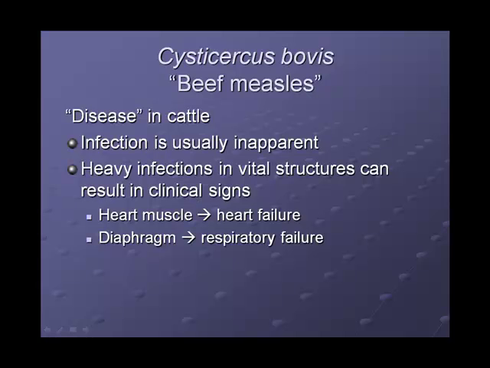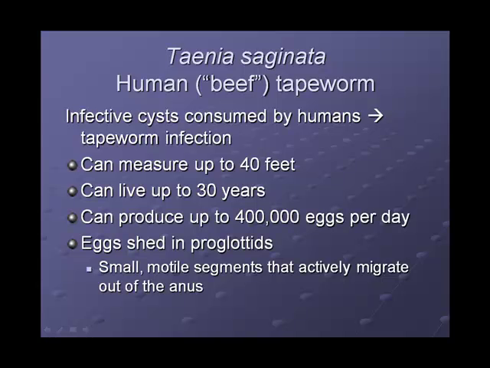In terms of what do you see in the human, recognize at this point we've changed terminology. In the human, it's called Taenia saginata, the human tapeworm, and again, we use the descriptor beef here just to distinguish that it is acquired through the consumption of beef. If those cysts are viable in the beef and they're consumed, if they remain viable through an inadequate cooking process, and then they're consumed by the human, then the human has the potential to go on and develop a tapeworm